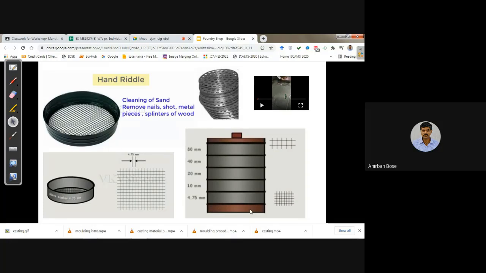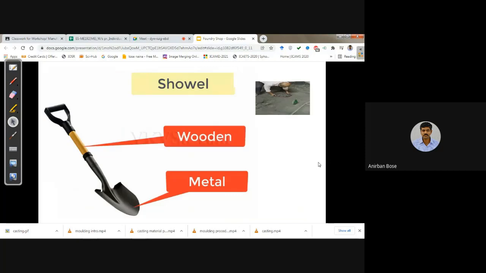So there are different techniques by which this can be done. Other than the hand riddle, there are machine riddles also for big projects.